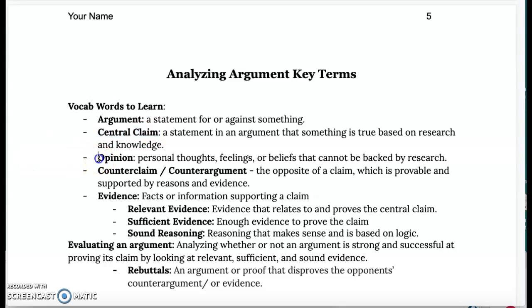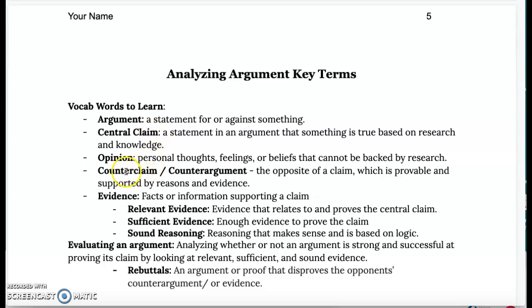Whereas an opinion, it's different. An opinion is not backed up by research. It's just a thought or a feeling, like math is my favorite subject, or math is the best subject. Those are your own thoughts and feelings, but it can't be researched and backed up with evidence or statistics. So with an argument, you have your claim,